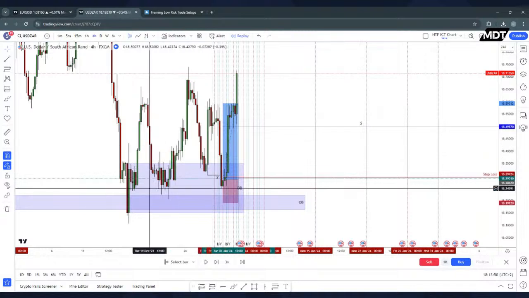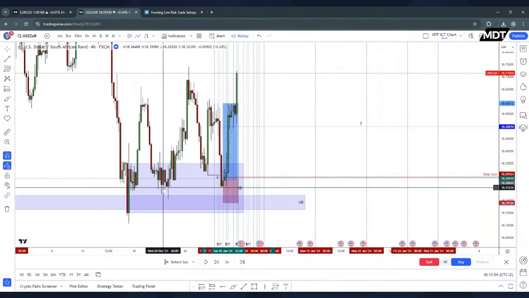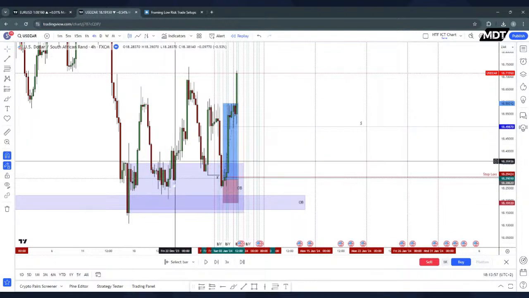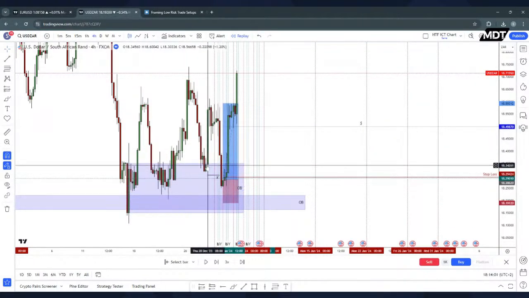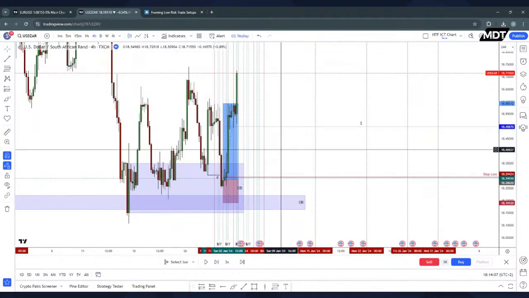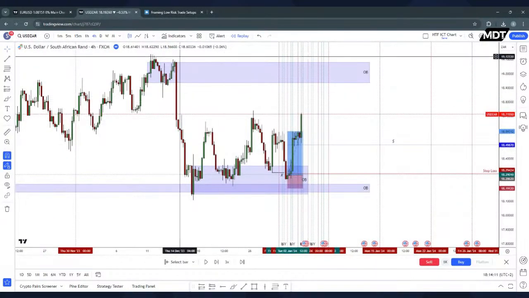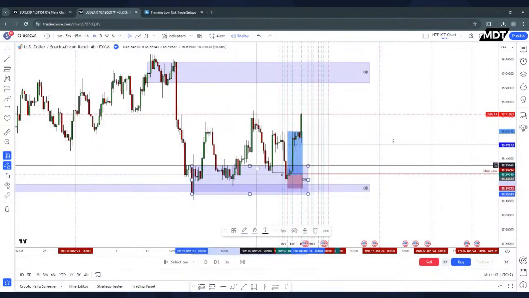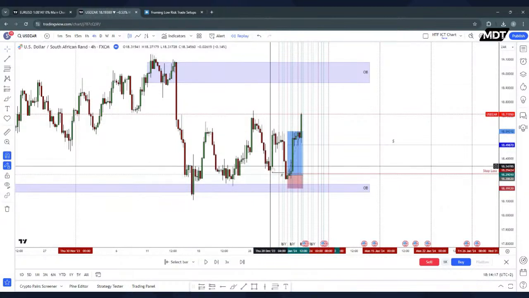And so I just didn't consider anything here. There was potentially a trade here. I suspect that probably would have played out. And then as well in this region here, that might have played out, potentially not, because that looked like quite a large impulse, but potentially something there. So we continue, identify order blocks, wait for price to get there, and we take a trade from there.